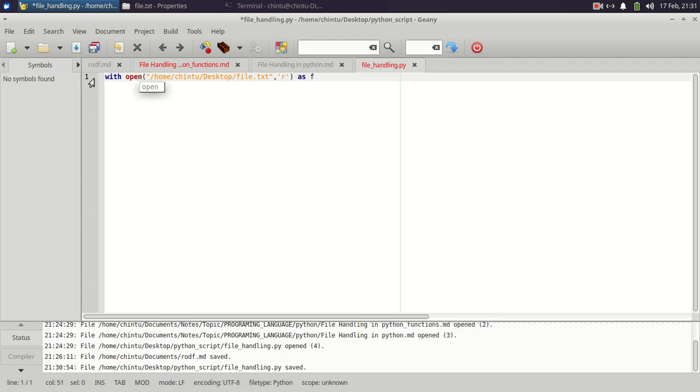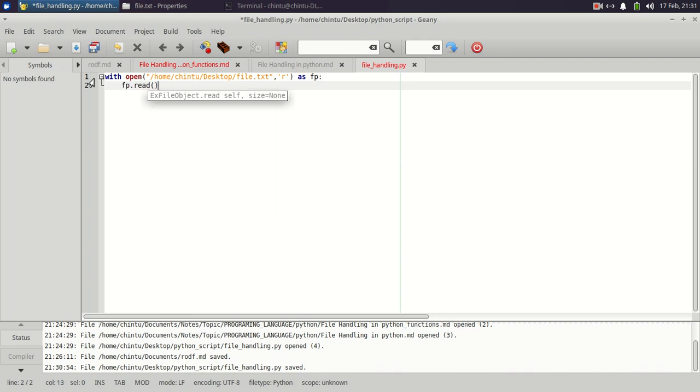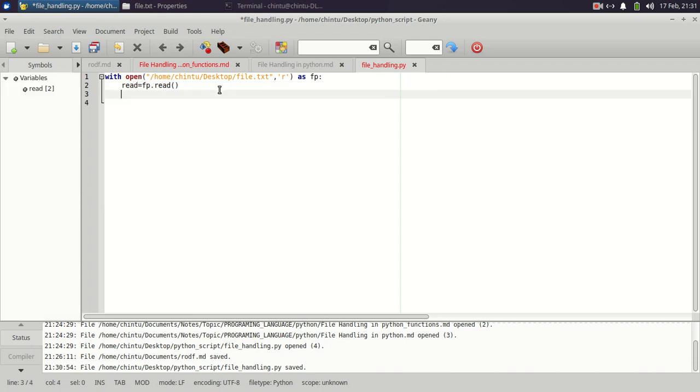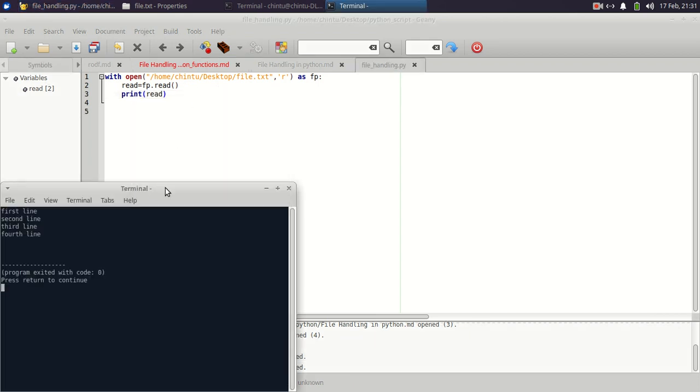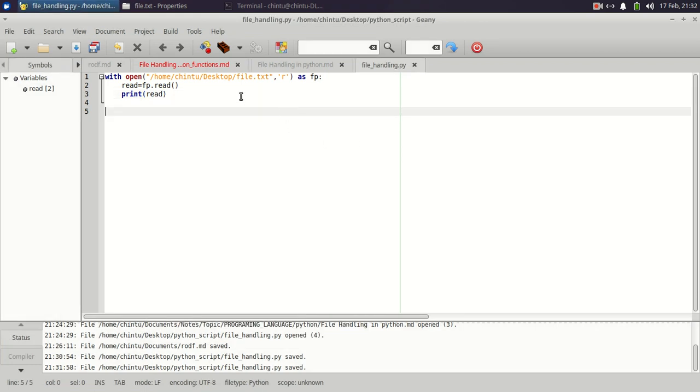Here is the file pointer, and we will use the fp.read method. After reading the file we store it in read, and then print the content of the file to the terminal. So the code printed the same output.